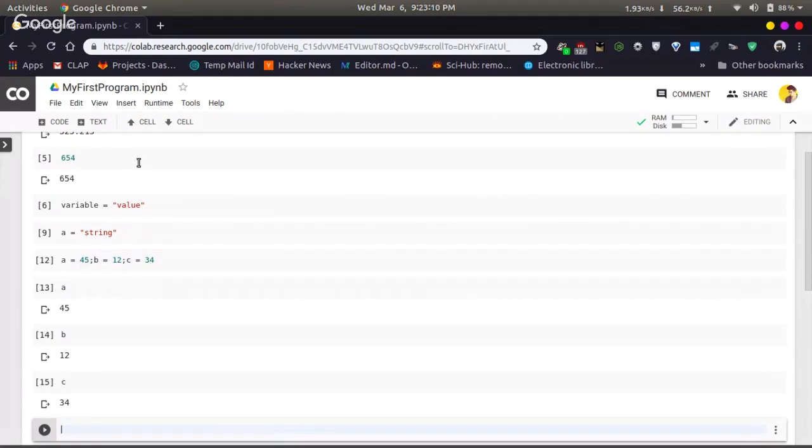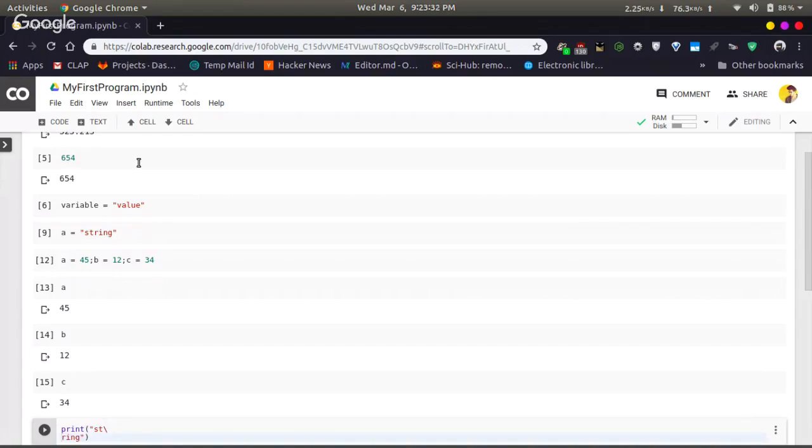Now, how to divide a single-line statement into multiple lines? A single print statement string can be divided into multiple lines by the use of this backslash.